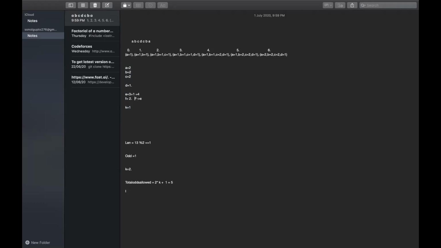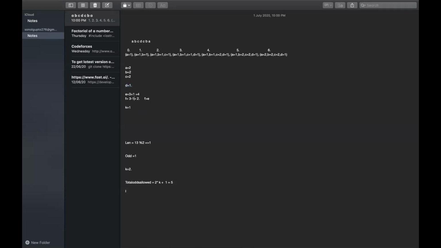Right, so by making the single change of converting one F to E, you have made two of those elements, E and F, even now, right? Yeah, okay. 3 minus 1 becomes 2. So basically I have E and F as even characters. That means they will surely make a palindrome, and these were already making a palindrome. And now I have just one odd, which will not disturb our palindromic string.